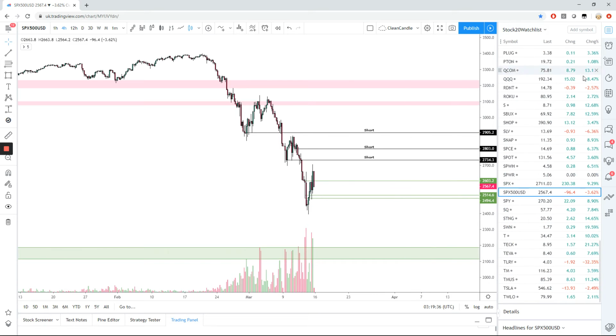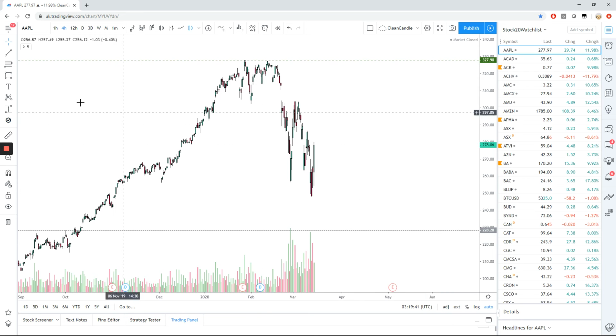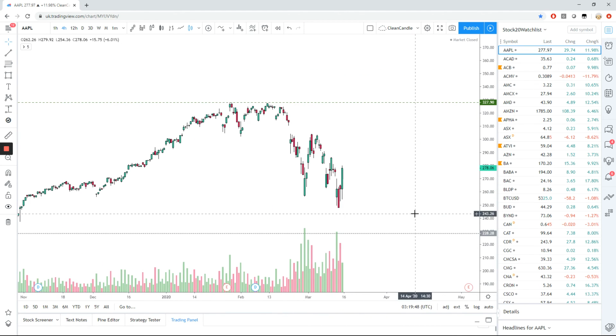Which then takes us on to stocks. Stocks are best traded if you're based in the US. You will have the biggest range of options available to you if you're in the US and you want to trade stocks. The reason being is you'll have access to options, but you will not usually have access to leverage. If you're based in Europe or the UK, it's highly unlikely you have access to options, but you will have access to leverage. So you'll be able to leverage trade some of these stocks, whereas you will not be able to play options in the same way the US can.